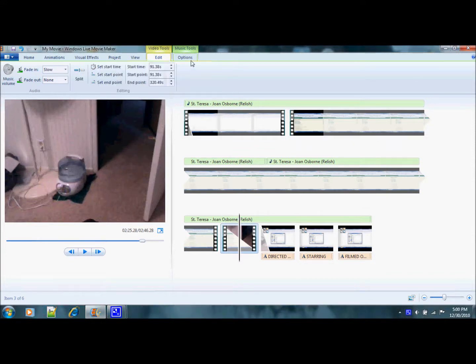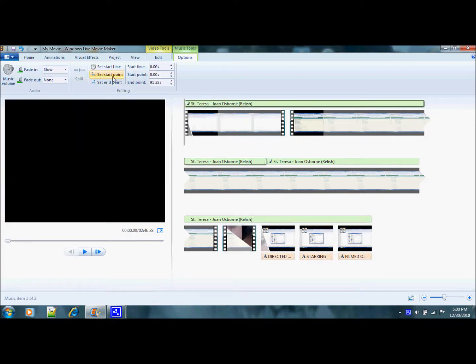Then options will let you, yes, we've already gone over this. This is for the music stuff. We've already gone over that. So that is basically all. Oh, and let me show you one more thing. This lets you zoom in,